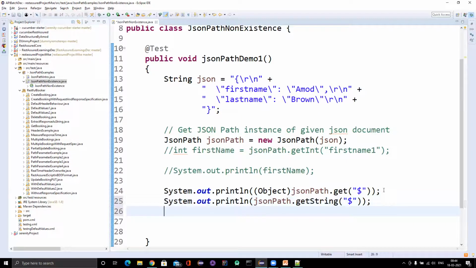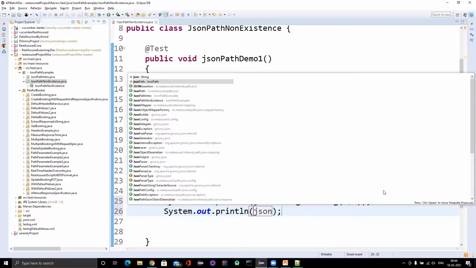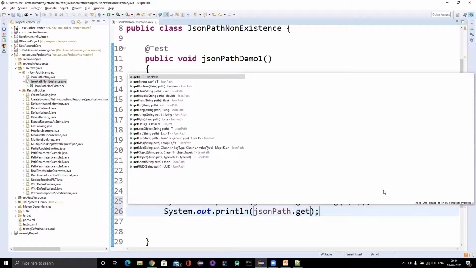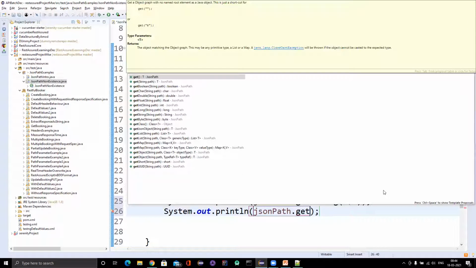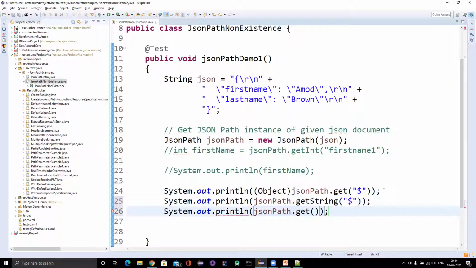This will also give the same output here. There's no need to cast it as well. Then the same thing you can do using JSON path dot get. You can use the simple get method also. If you're using the normal get method, it will also give you the same output.